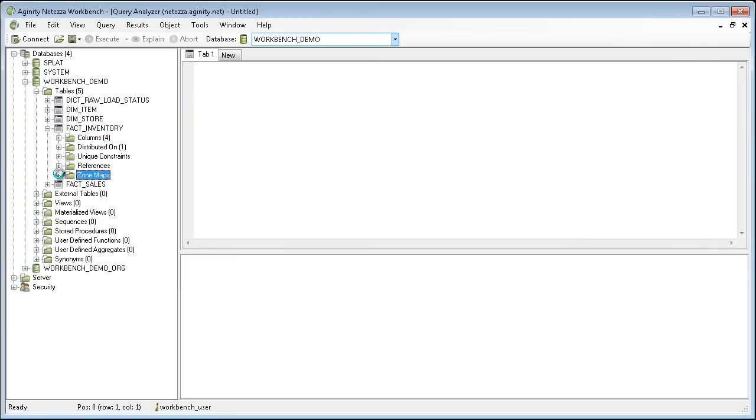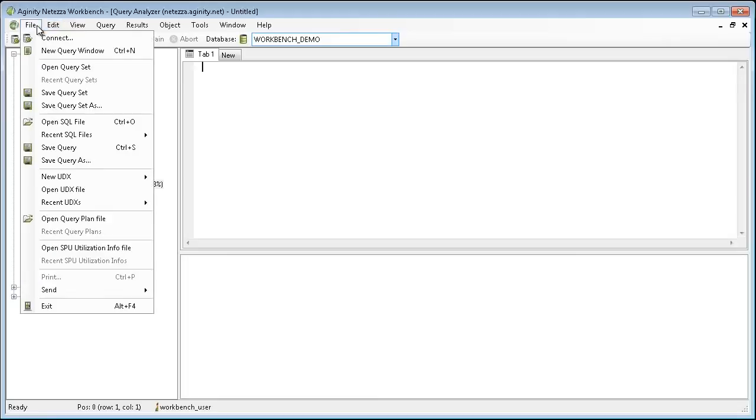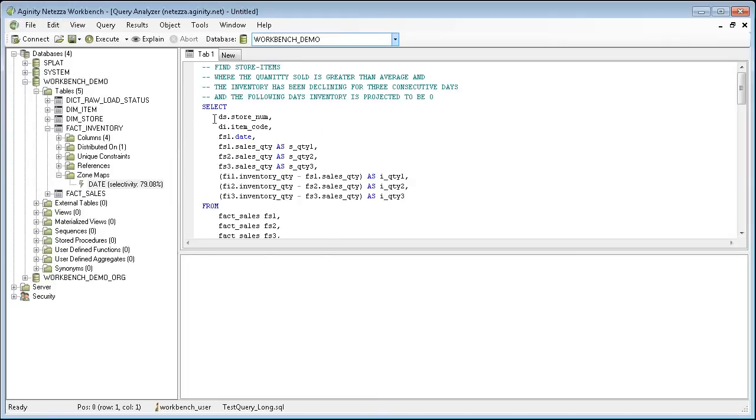We can also, inside of the Workbench, take a look at the zone maps that we've created. So remember, we ordered the table on date, and we've got pretty decent selectivity on date there for a zone map. So let's open that query one more time and run it